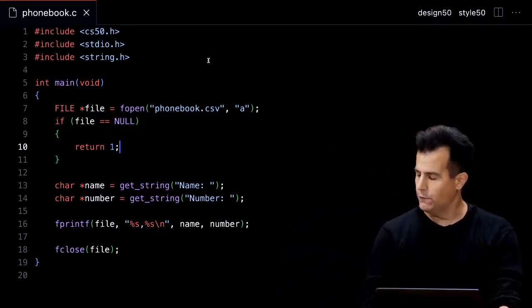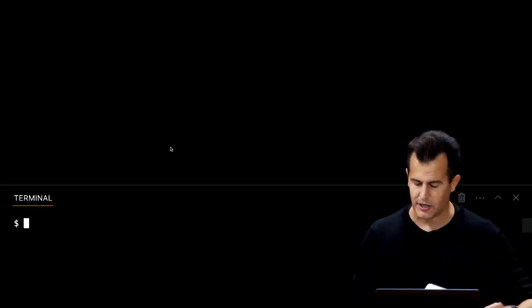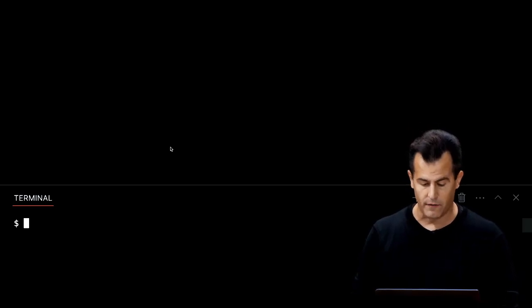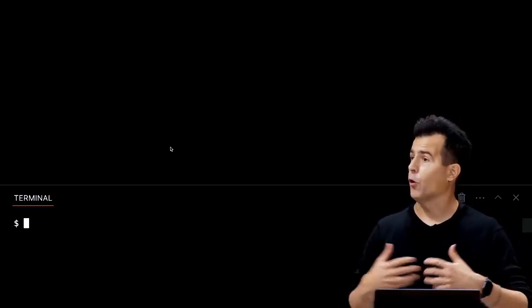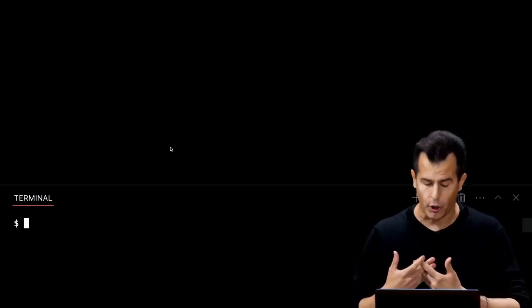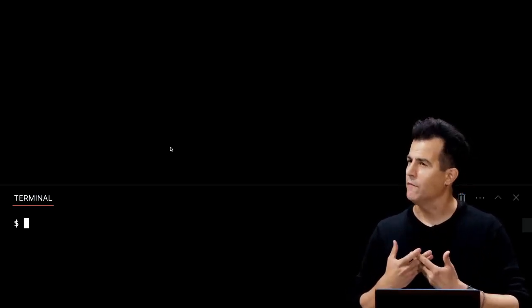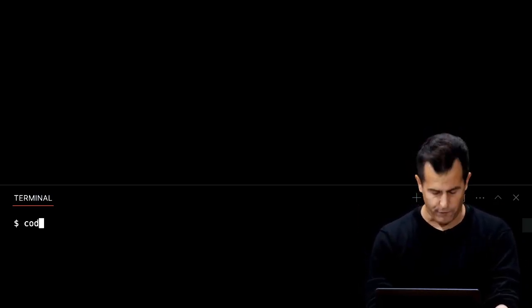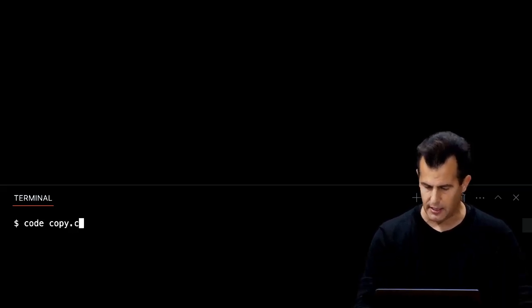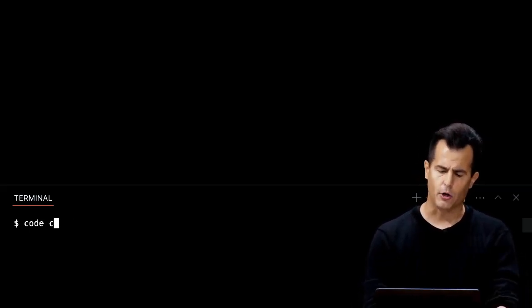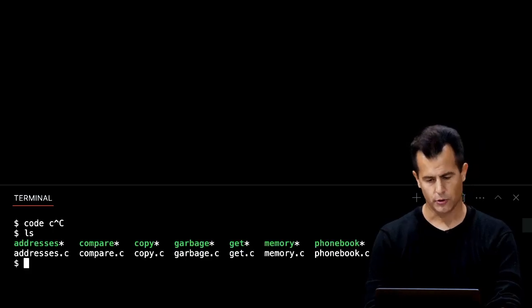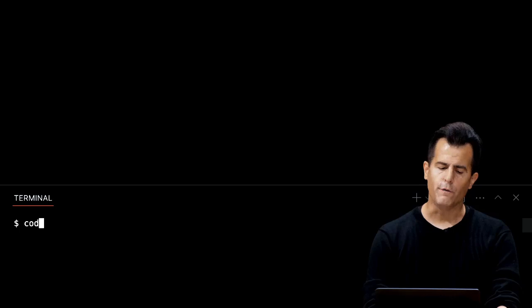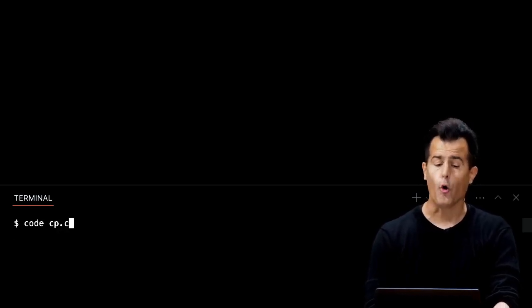All right, one final flourish here to implement the notion of copying a file as well. You might have seen the cp command before for copying files from one to the other. How might we implement that ourselves, even though it's been around for some decades now? Let me go ahead and open another file here called copy.c, or actually we did copy earlier. So, did we? Yes. Let's go ahead and create a new file called cp.c to implement our own version of